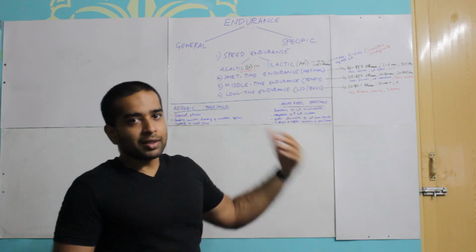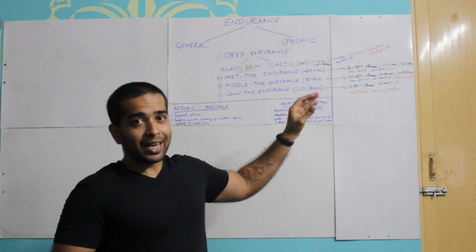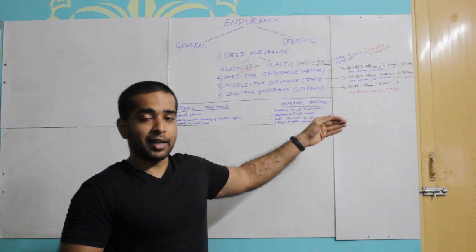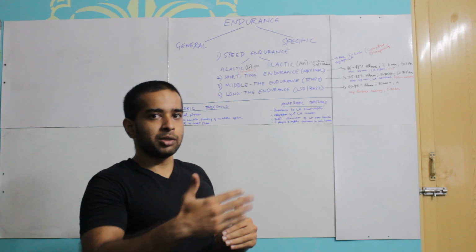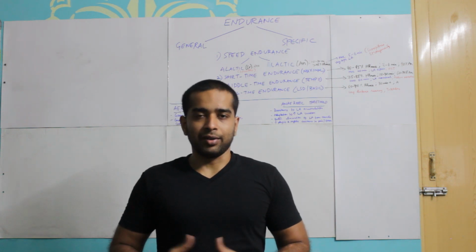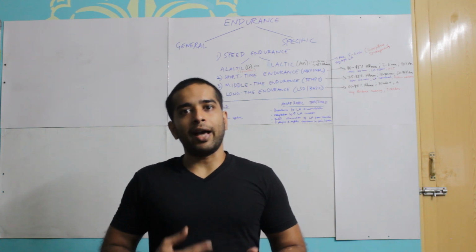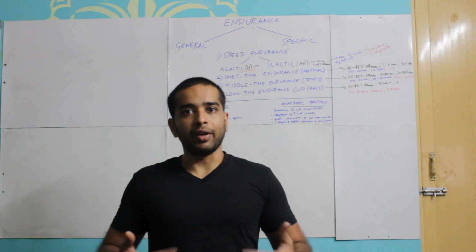Think of long distance runners or triathletes here, but keep in mind that this is not the only form of training that long distance runners or triathletes take up. This is the basic endurance on which they build sport specific endurance later. You need to understand two things here when we talk about endurance training. They are anaerobic threshold and aerobic threshold. These are the main types of thresholds that you're trying to improve when you're training for endurance.